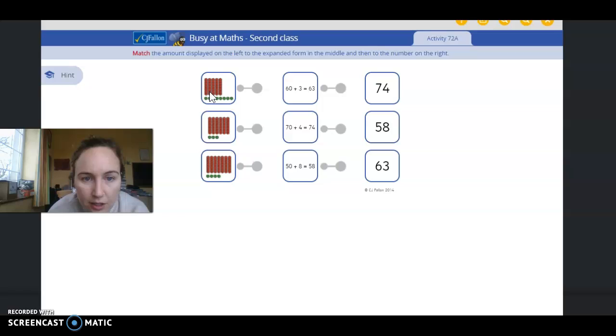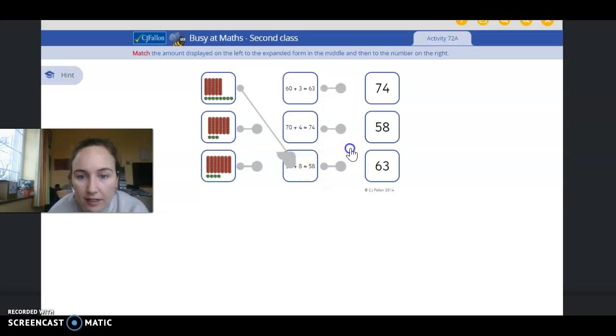So 10, 20, 30, 40, 50. 5 tens there, so 50. And then I count my units, 51, 52, 53, 54, 55, 56, 57, 58. So there was 50 and 8. So I go drag that to 50 and 8 equals 58, and then up to the answer